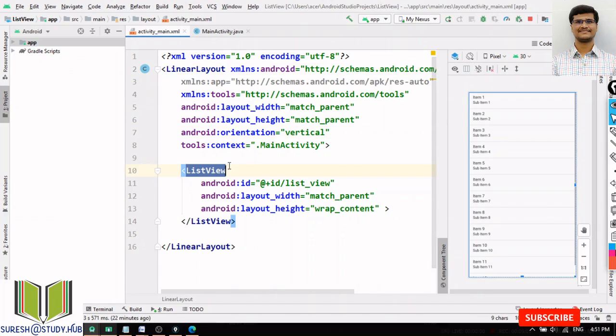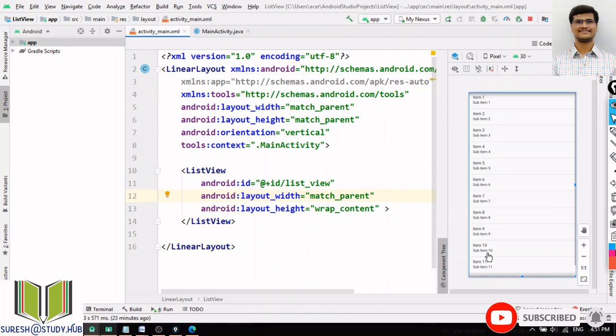And after that I am using this list view, just a simple list view. Okay, if I want to use the list view, you just write list view, and it will automatically add some id to this one. And this is your layout width. I am using match parent so that it will match the parent width, and height is wrap content, so it fits according to the content. But list view by default has these items, and if you have any sub items, then this is the layout for this one. Okay, so automatically you have all these things, item one and all.